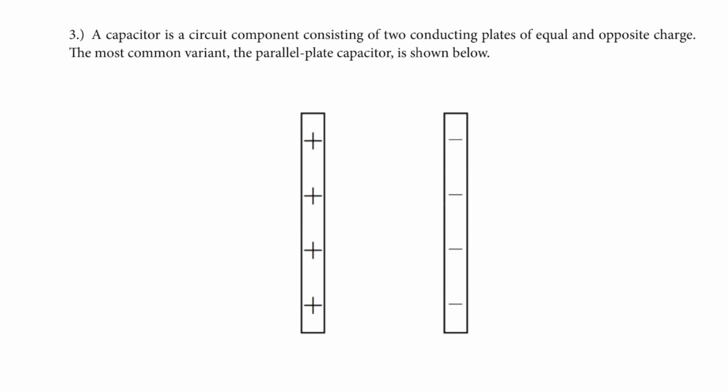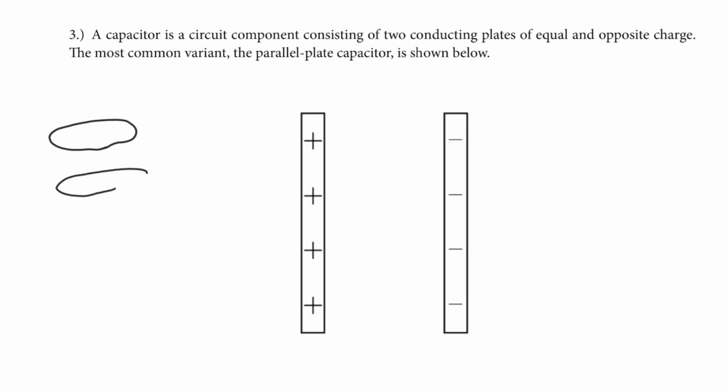The last distribution to really know is a really special case, and this is where we get an assumption in E&M that sort of annoys some people. This is known as the no edge effects rule. So if you think about it, if we take two plates of opposite charge, and it should be noted this is a 2 or 3D